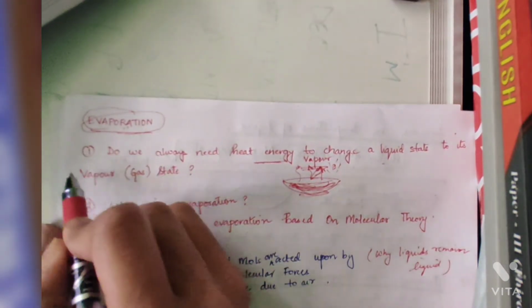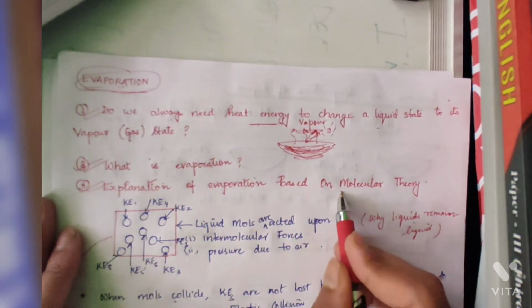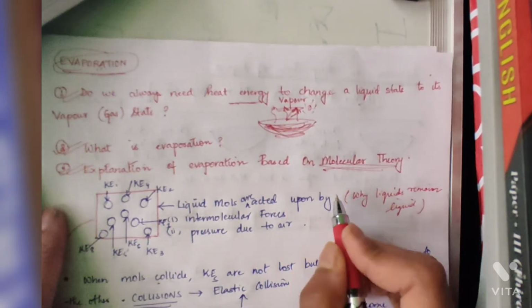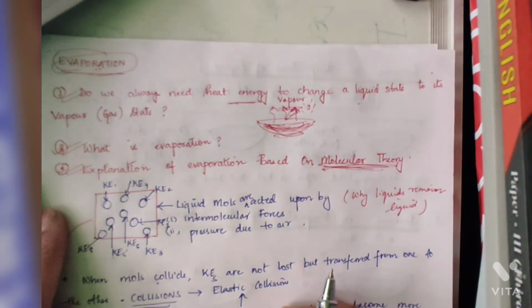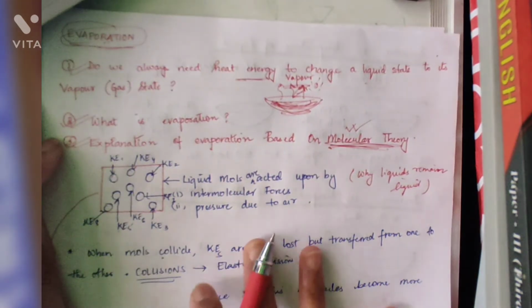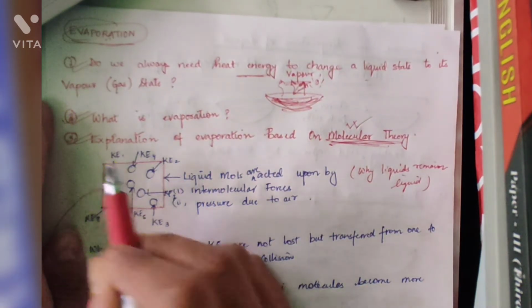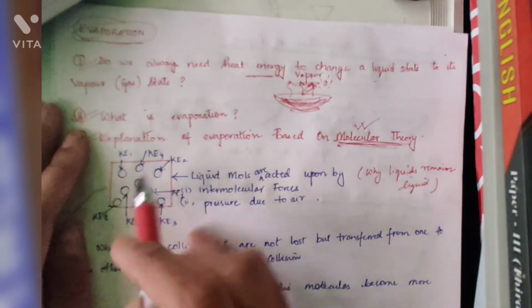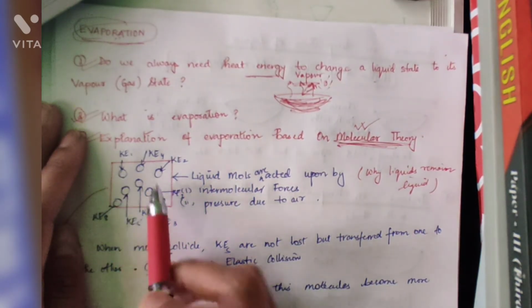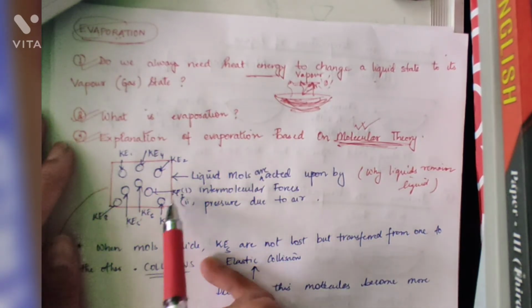It's called evaporation. Okay. So now that we've discussed what evaporation is, we will see the explanation of evaporation based on molecular theory. We already discussed what molecular theory is, right? Please turn your pages and see if you do not know what molecular theory is. I'm not going to repeat. Alright, so according to the molecular theory, the liquid molecules look like this. Forget about these kinetic energies for now. Look at these liquid molecules. They are far apart from each other, right? Not as far as gases, but not as close as solids.